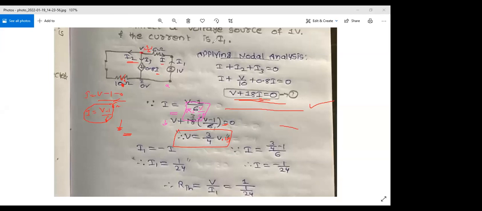So now, okay, we got the value of V. I think we have the equations where we can substitute the value of V to get the value of